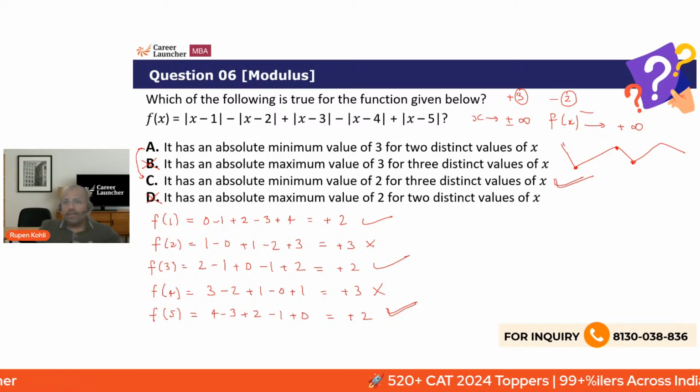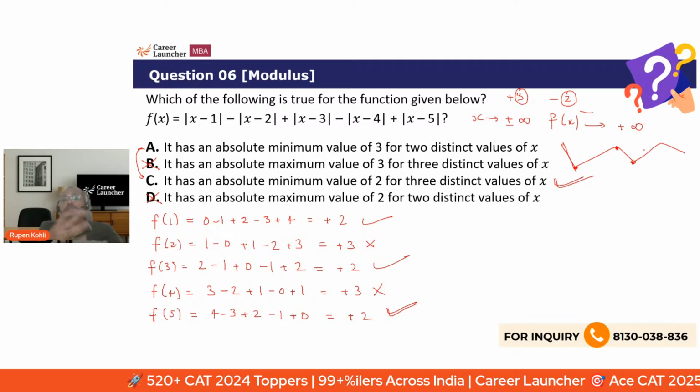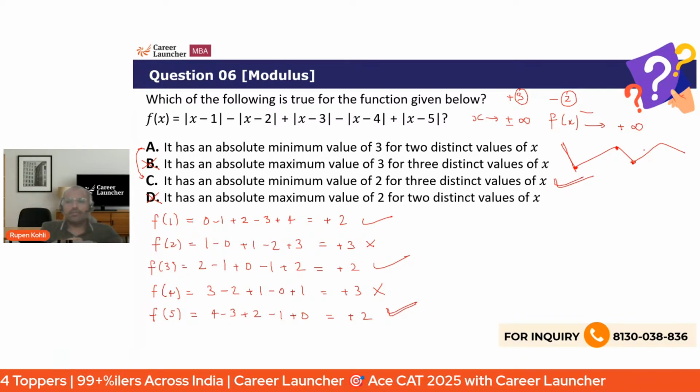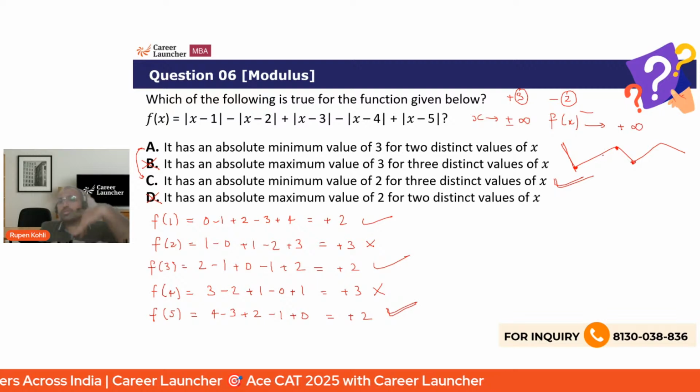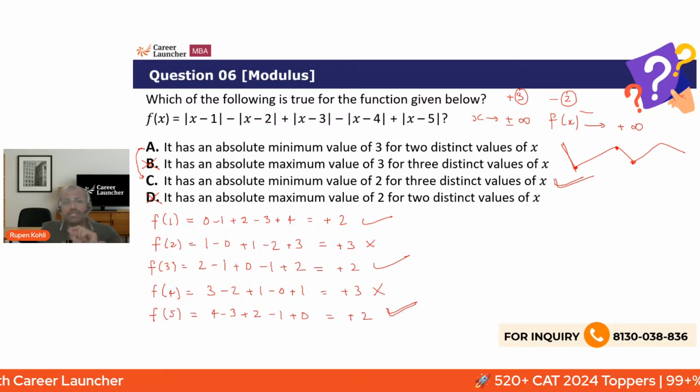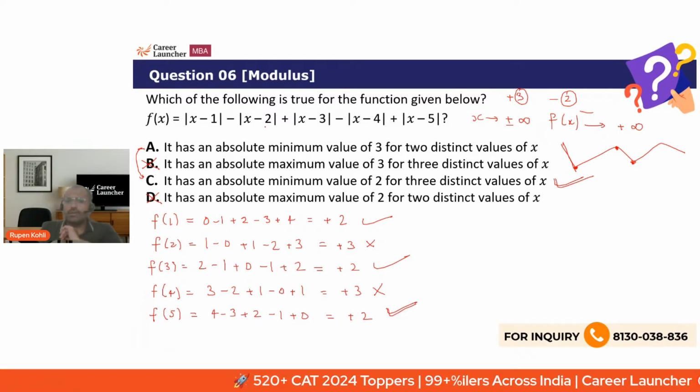So what's the core idea of this question? That a graph of several modulus terms in addition or subtraction is always a zigzag pattern, and those bends or sharp changes in the direction of the curve happen at the breaking points of the modulus terms, right? Which in this case we have 5 such breaking points, 1 2 3 4 5. So just find the value.